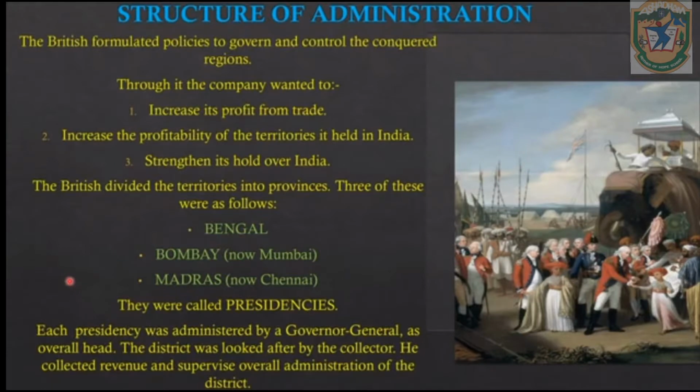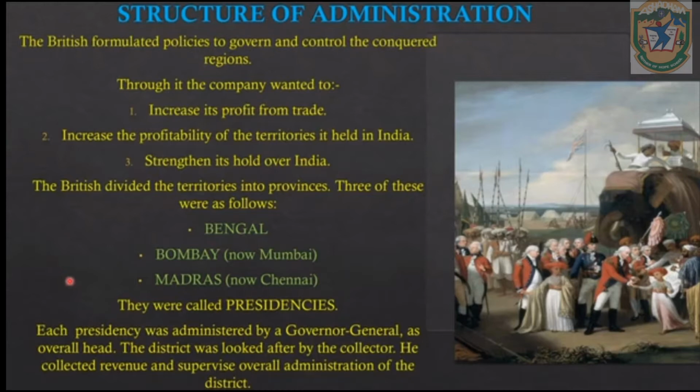The British formulated policies to govern and control the conquered region. Through it, the company wanted to increase its profit from trade, to increase the profitability of the territories it held in India, to strengthen its hold over India, and to accomplish all these motives, all these profits, the British divided